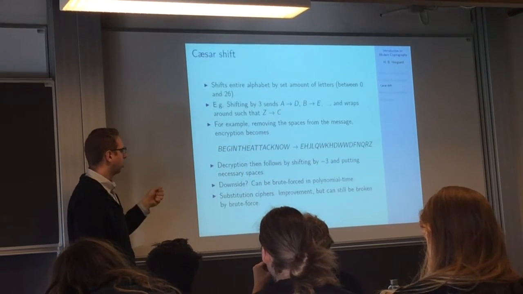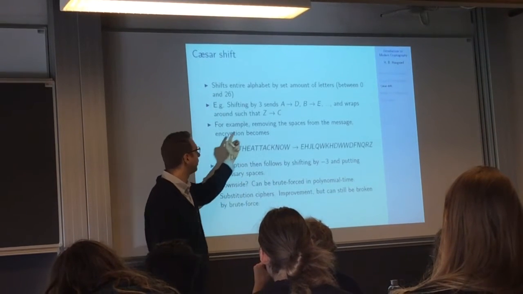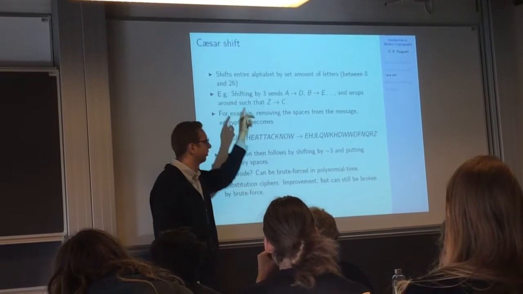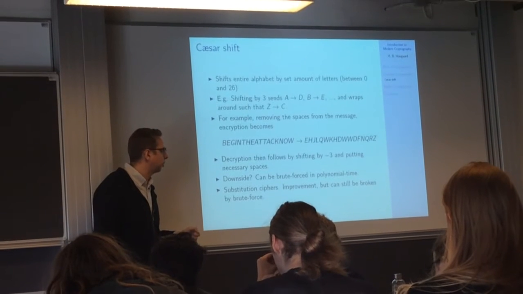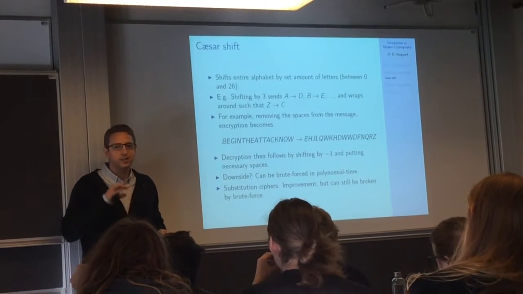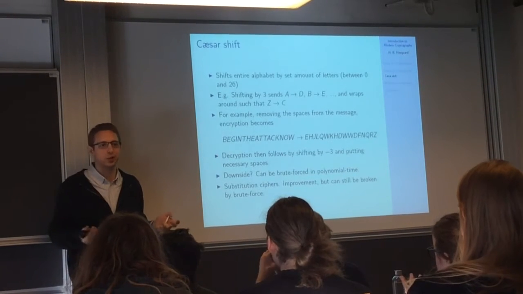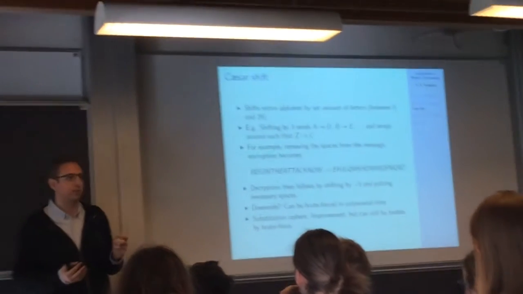Okay, what's the downside? Well, this can be brute forced. We can simply check all the keys. There are only 26 of them, or 27 of them, in English, and in Latin it wasn't a problem either. But back then, very few people actually knew how to read and write. So then it was kind of secure because it was secured through obscurity. Nowadays, we don't have that luxury.